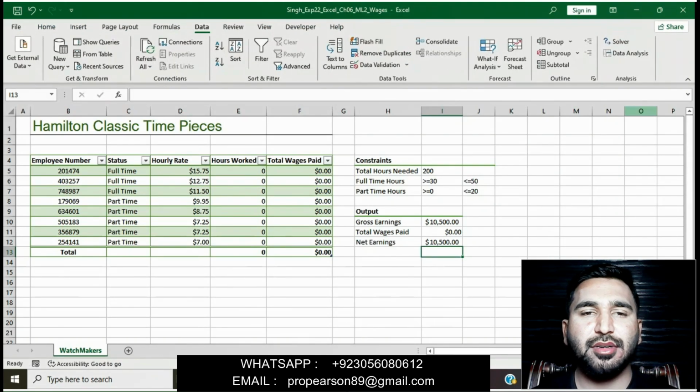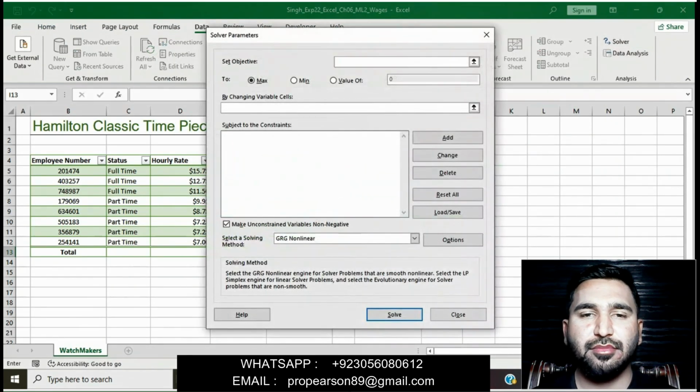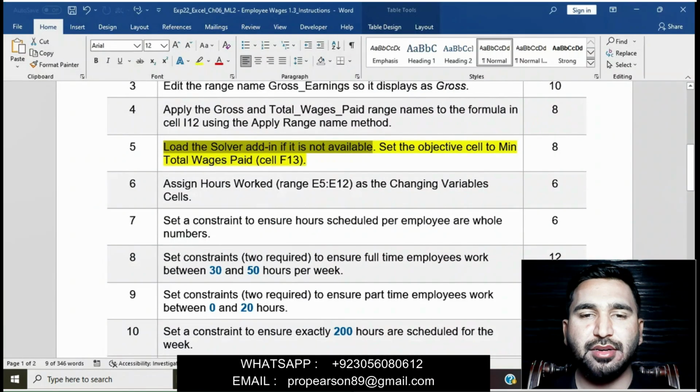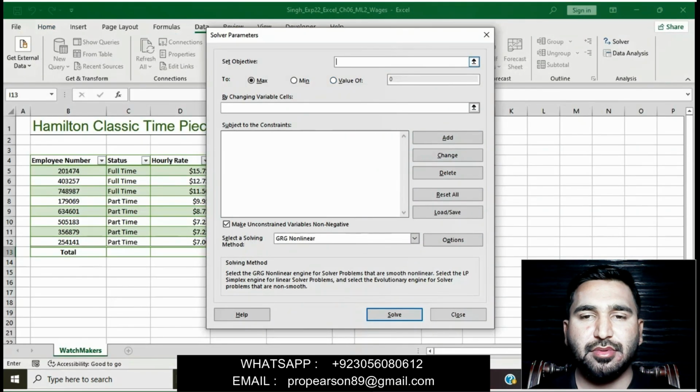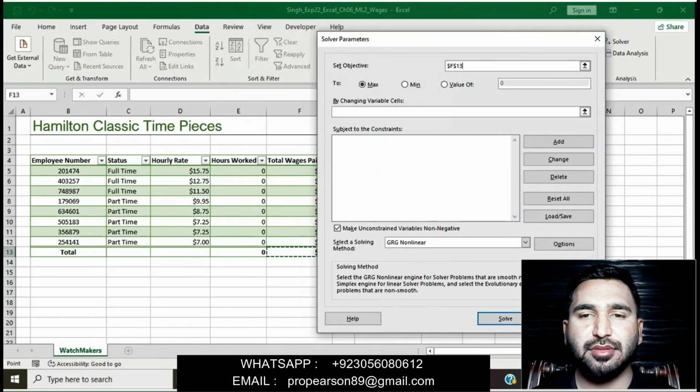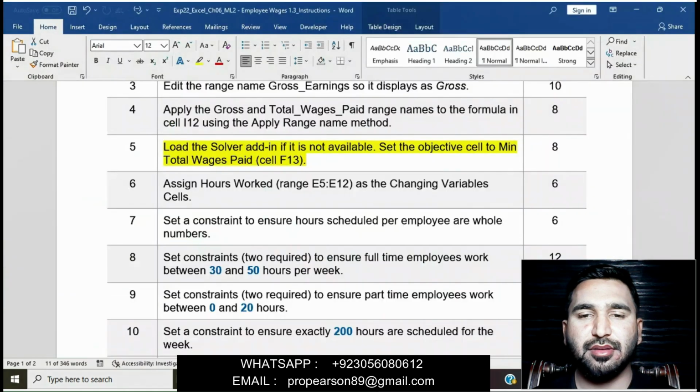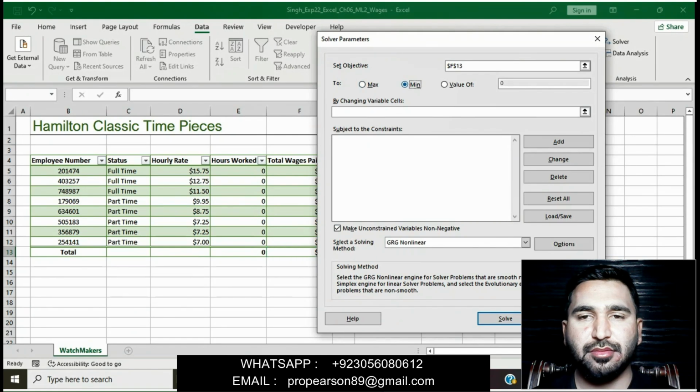Click on the Data tab and then click on Solver. Set the objective to min wages in cell F13. Click on cell F13 and set the objective. Set objective is cell F13, then select Min and then